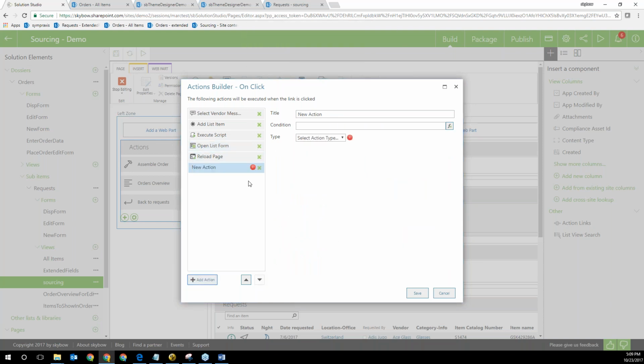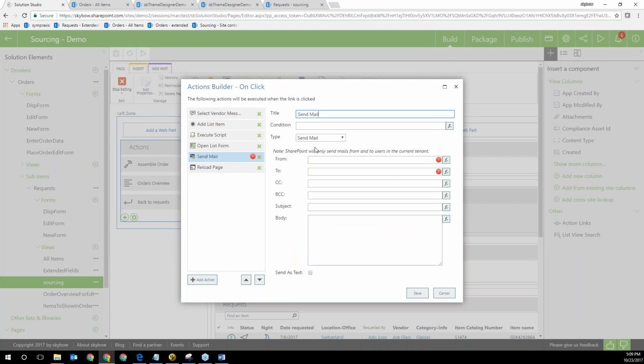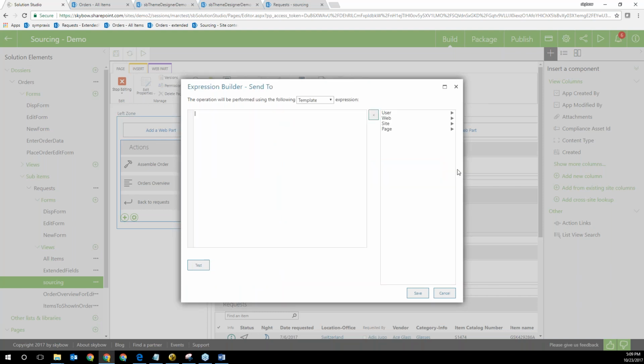I'm going to add another step, placed before the load page, which I will call send email. From me, Adis Jugo at skybow.com, to the current user.